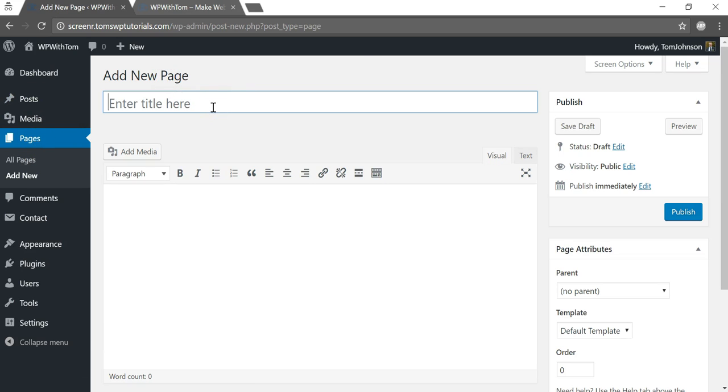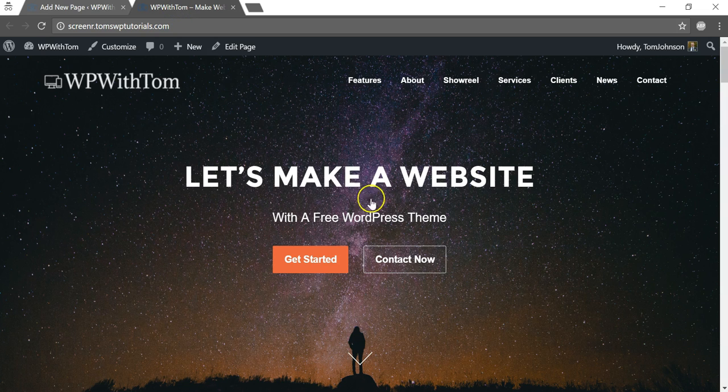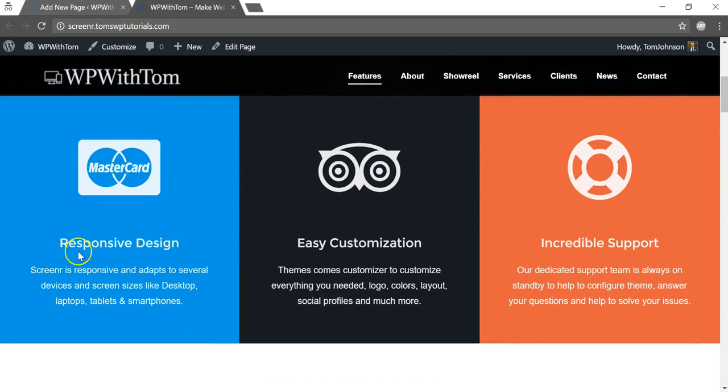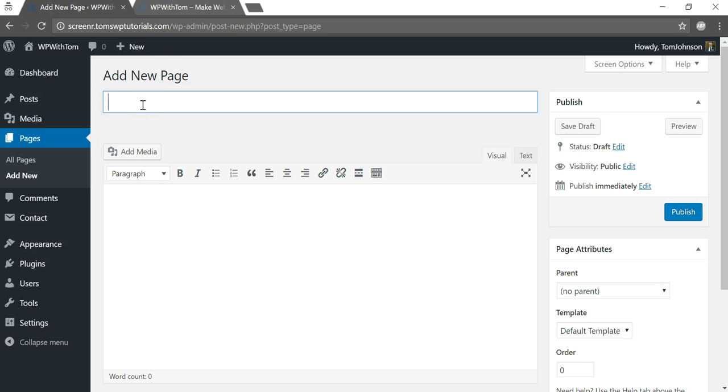So if I want to add a new page, I can just simply write a title for the page, and the title will basically be what you see in this section on the features right here where it says responsive design. That will be the title. So if I wanted to, I could